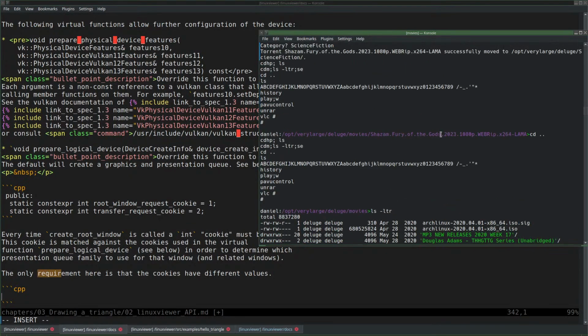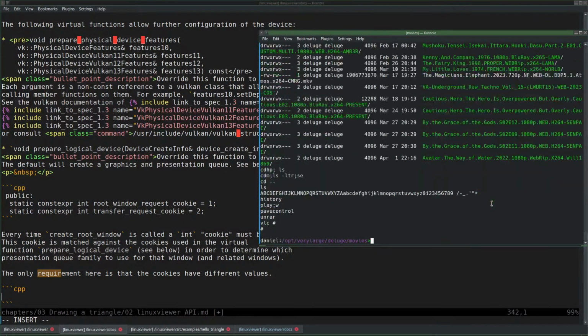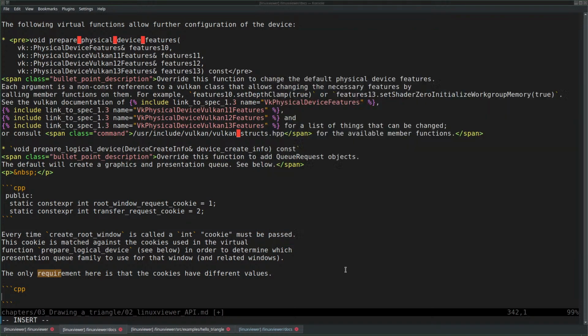Shazam: Fury of the Gods, 2023. Okay, you can look again. Ah, no, I have to cut out this. I'm from Earth. No, actually, I was born in an underground moon base. But, well,